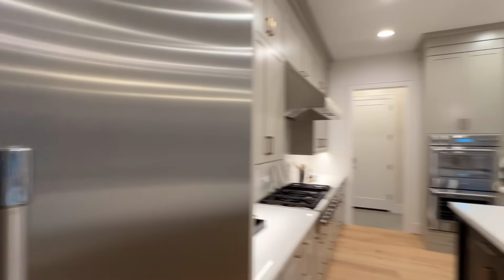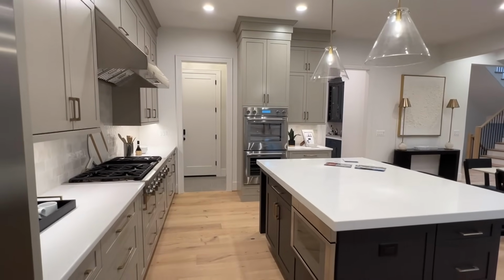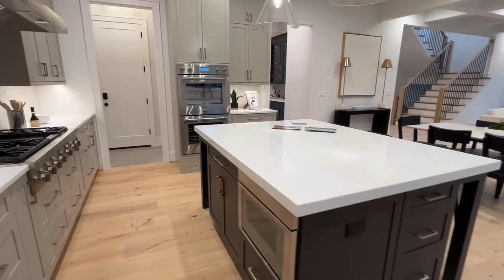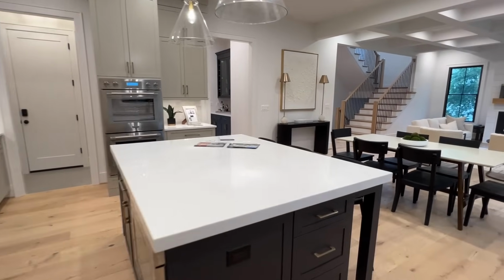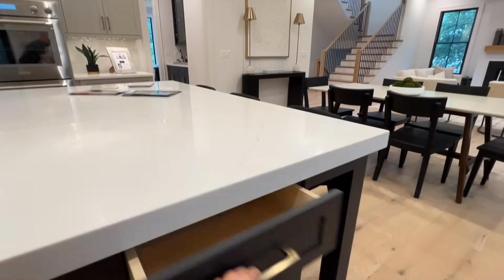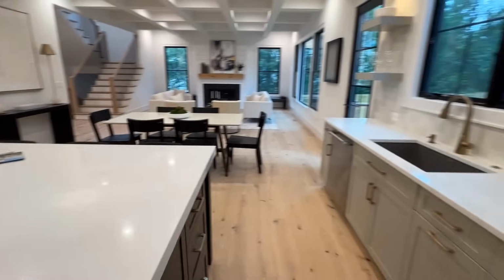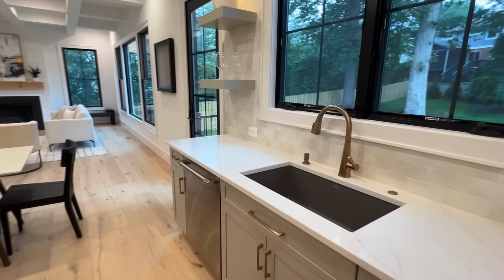We'll go out in the back porch in a second here. Let me just give you a view from this side. We got the microwave. So on with the island, you have kind of like the darker navy blue cabinets. We got our sink here, dishwasher,